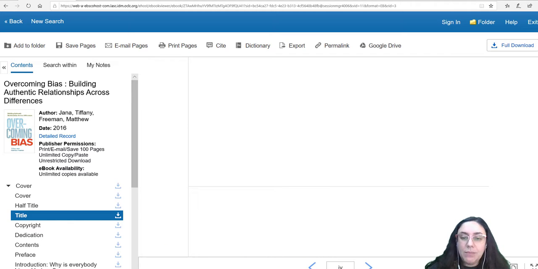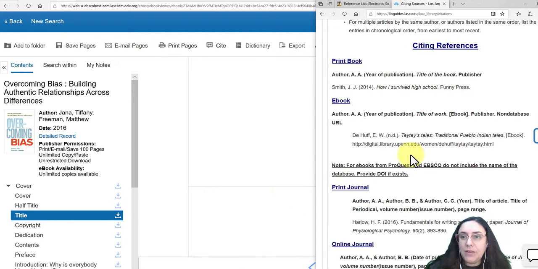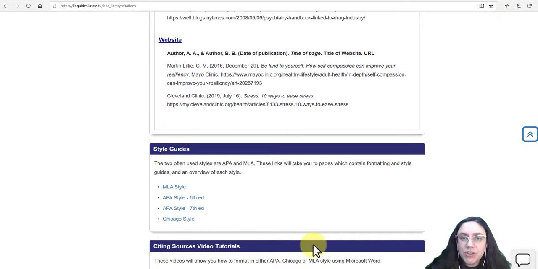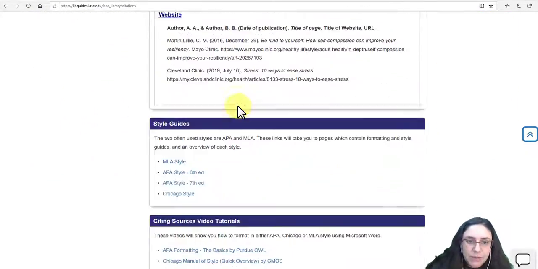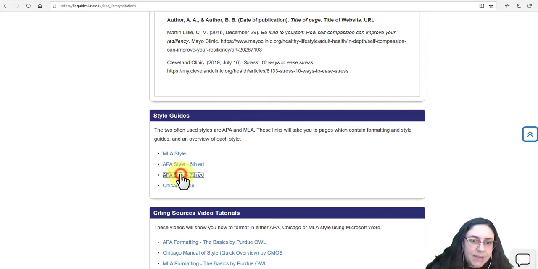So if I wanted to get more information about this, because I followed this, I have the author, the year of publication, the title of the work. I did not add the word ebook here, but I did add publisher, and I do not need to put in a database name, no DOI. But if I still want to get a little bit more information about it, I can scroll down from where I was for the ebook section, and I can click on APA 7th edition,